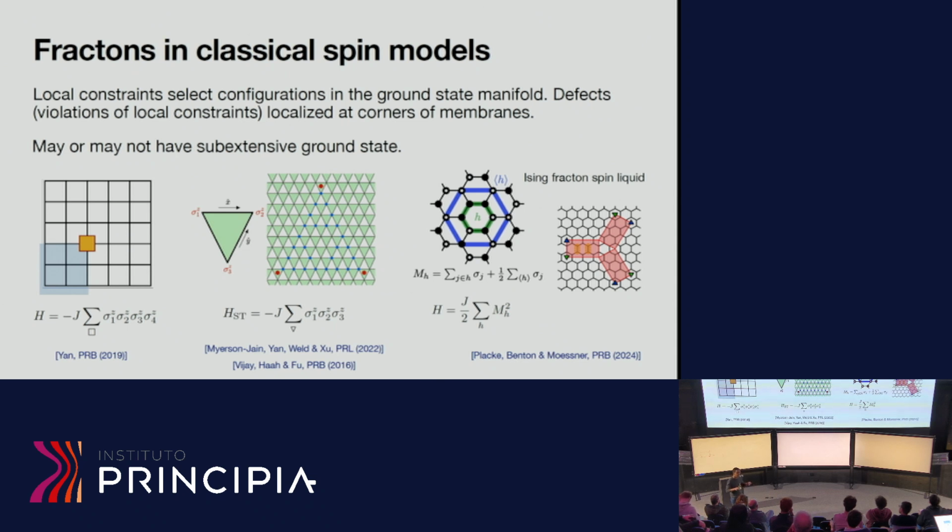It doesn't have fracton topological order in the strict sense, in that the ground state degeneracy is not robust against all kinds of local perturbations. And some of them can have this subextensive ground state degeneracy I was talking about, but others do not. So for example, this one does have this subextensive ground state degeneracy. This one here does not, because it has some local conserved quantities. The degeneracy is actually extensive, it grows exponentially in the system size. And this one's more complicated because it's fractal, but